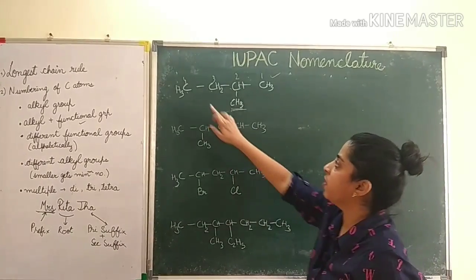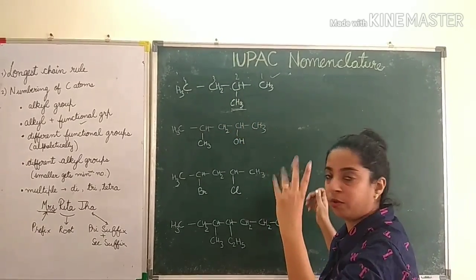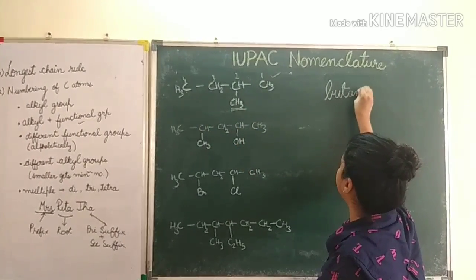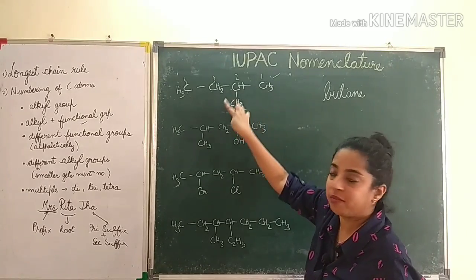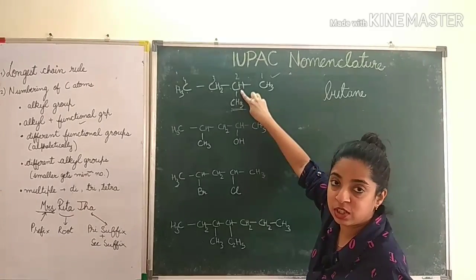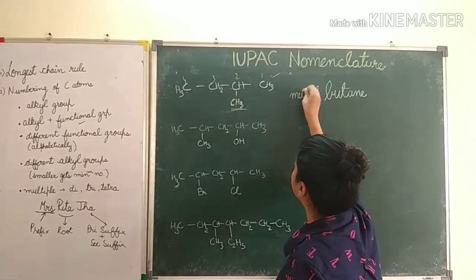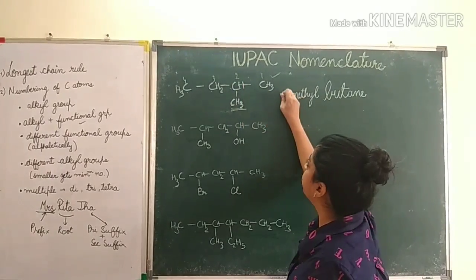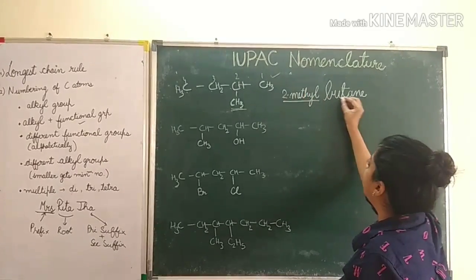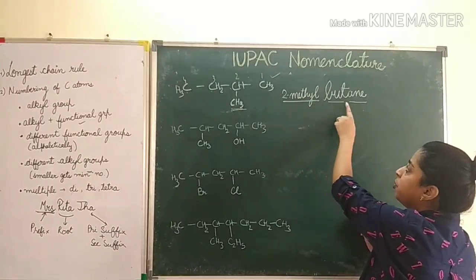Now for writing the name, first there are 4 carbon atoms. So you will write meth, eth, prop and but. So the root name is but. Now single bonds everywhere, so butane. Now the substituent will come as a prefix. So this is 1 carbon atom. So methane होता है, but एक हाइड्रोजन जाके यहाँ से attach हो जाएगा, so it becomes a methyl group. So as a prefix I will write methyl here. Now what is the position of methyl? 2. So I will write 2-methyl butane. So this is the prefix, and this is the root word and this is the suffix. So the name is 2-methyl butane.